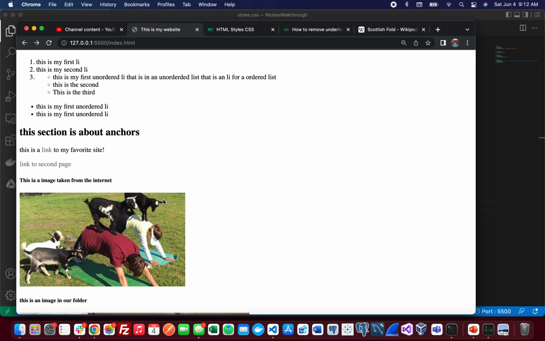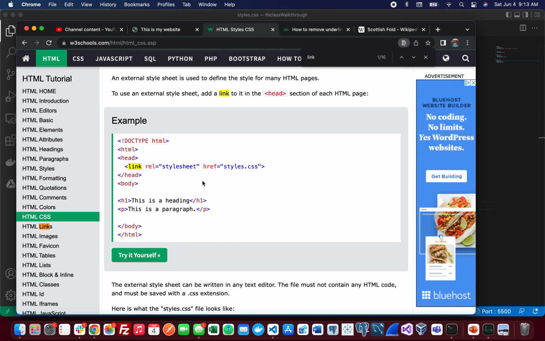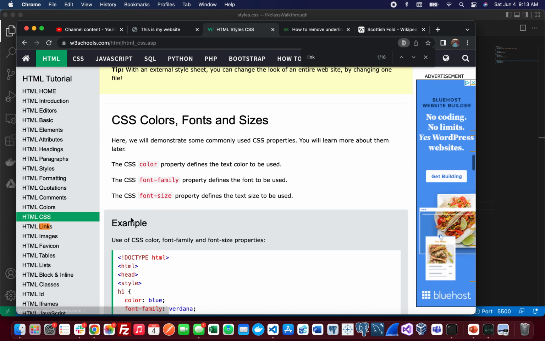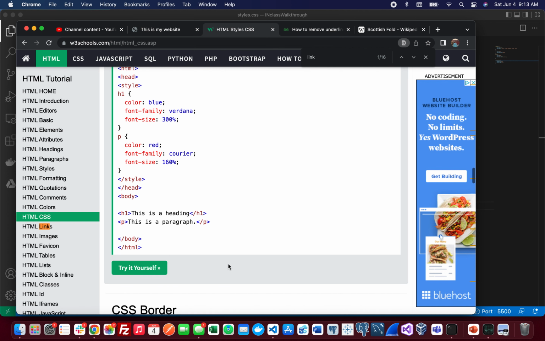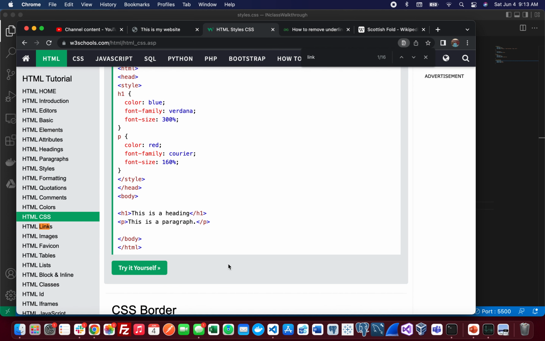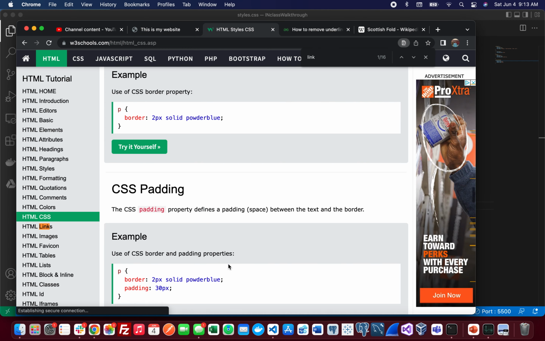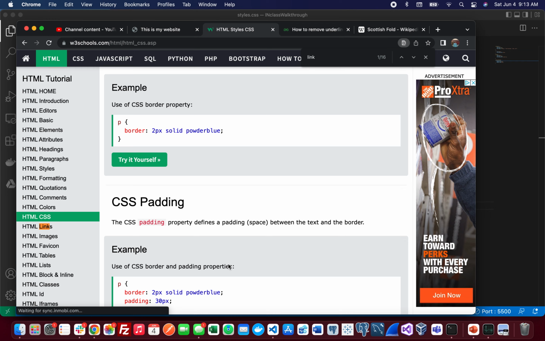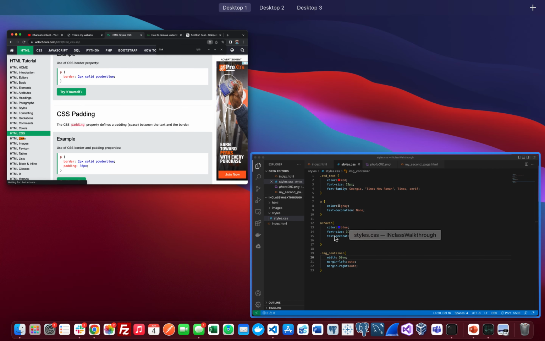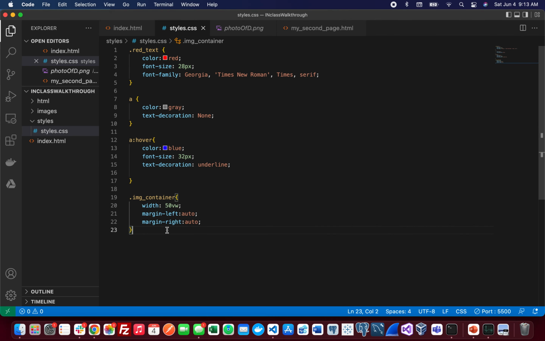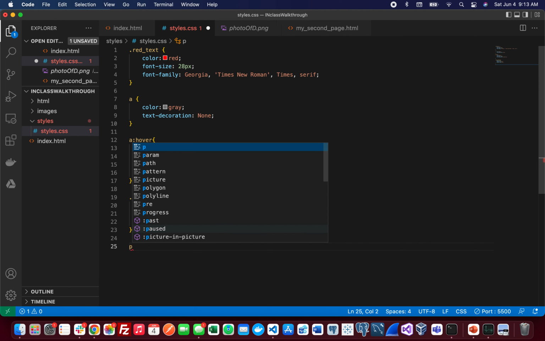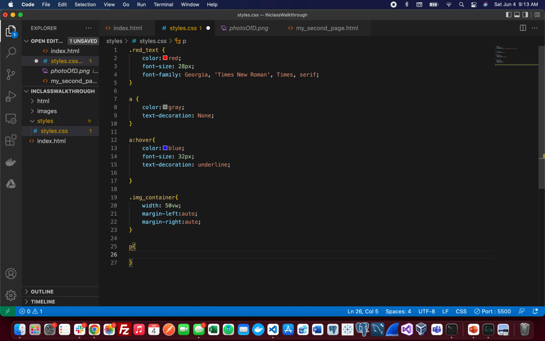I'm sure there's more of that. CSS styling. Look at all this stuff. Tells you how to do everything. Yeah, and just has you font family, font size. Adding a border. I can show you guys how to do that. That'll matter more for divs though. So you can see that right there they did it to a p tag, so we'll do it to our p tag. You can just say border,